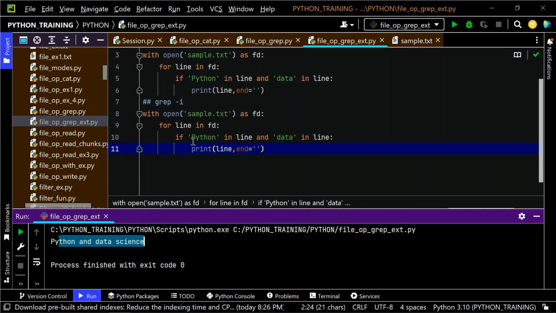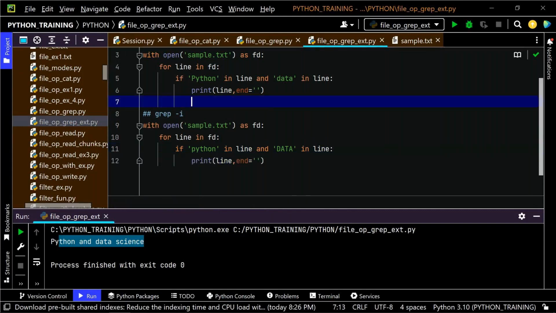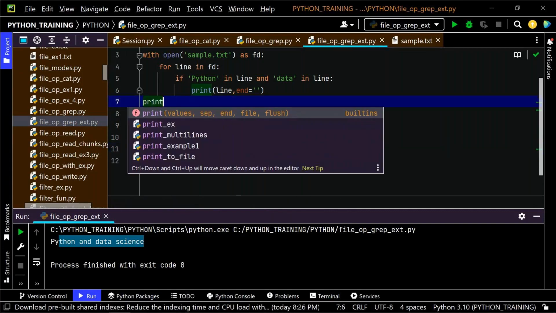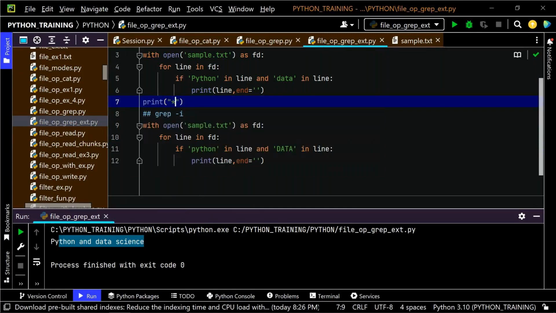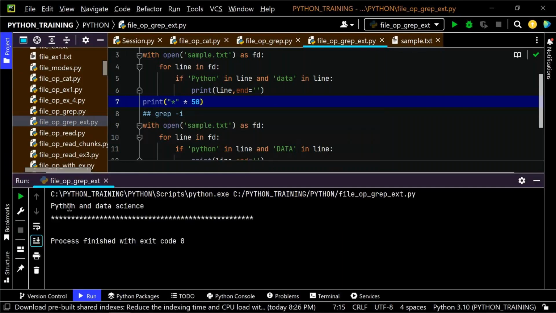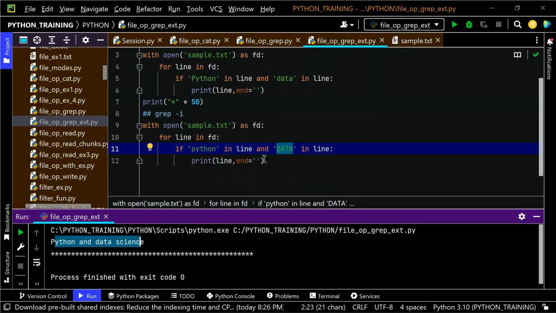Now Python in any case. Let's say I'm just looking for Python in line, and data I'm giving here in capital case. Earlier it was giving us Python and data science. Now if I'm giving it in a different case, let's say data in capital letters, and I run this program, you can see there is no output. Previously it was giving Python and data science, but now I'm searching for Python and DATA, it is not giving. How do we do it? Again, guys, you need to either convert it to lowercase or uppercase. That's it. Now, if I'm giving lower of line,